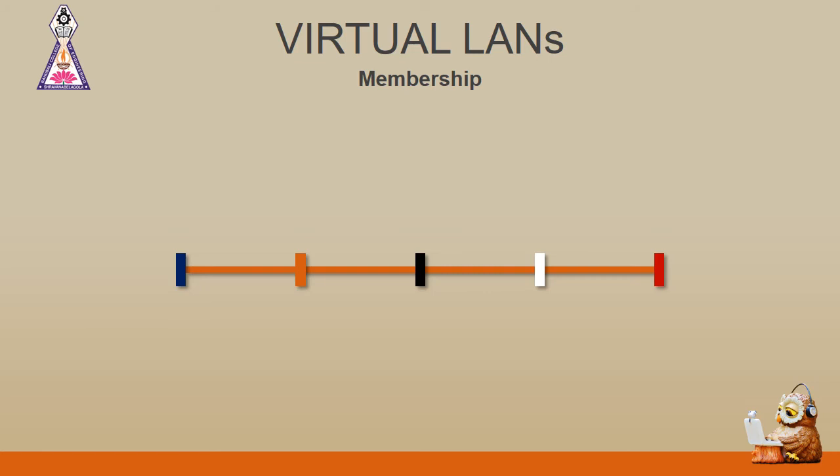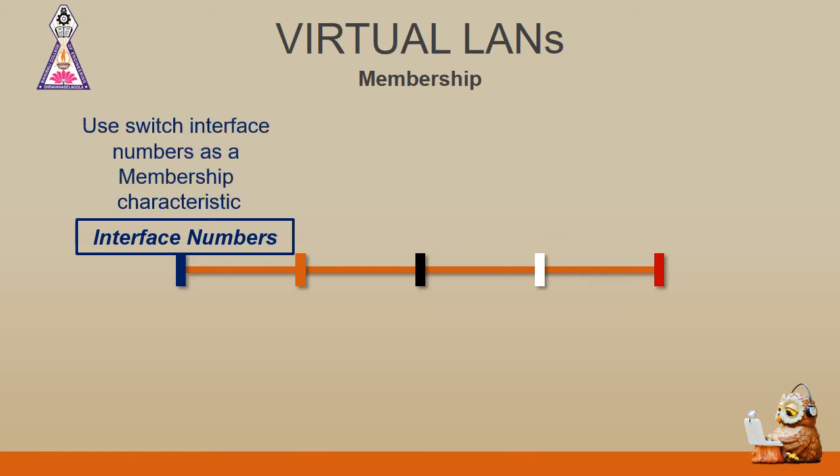So we now discuss the characteristics of virtual LANs in detail. The first characteristic we will deal with is membership. What defines the membership? On what basis, on what parameters, is membership given to an individual host in a virtual local area network? It is implemented in terms of interface numbers, MAC addresses, IP addresses, multicast IP addresses, and combinations. We'll look into each of these in detail.